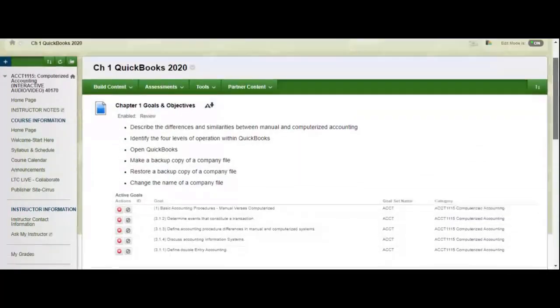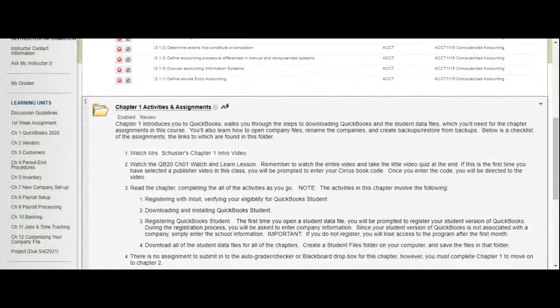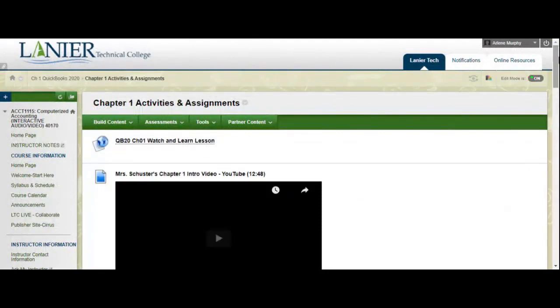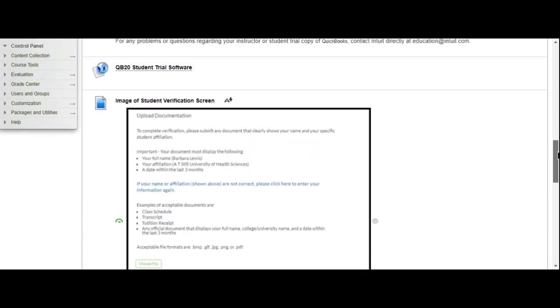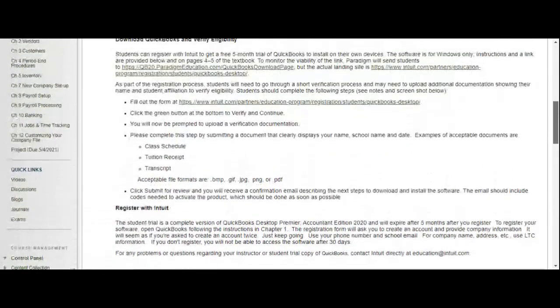Another question is, where do we go to download the student data files for the chapter? Okay, let me go back over into Blackboard. You're going to find the data files when you go into Activities and Assignment in Chapter 1. Scroll down here. Keep scrolling. Here they are, almost three-quarters of the way down the Activities and Assignment page. And again, they're in Cirrus. It'll be a zip file that you download to whatever the appropriate place on your computer is,